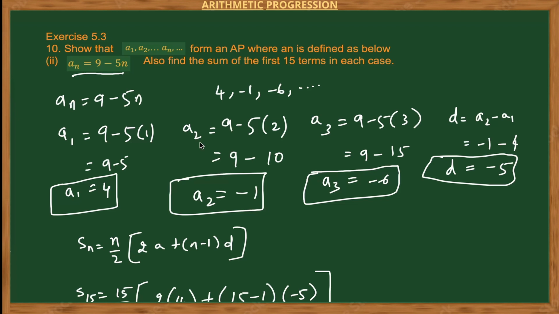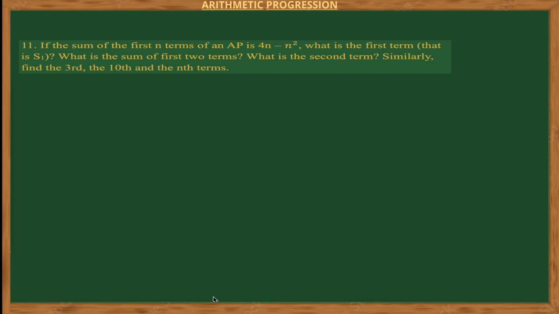Hope this is clear, students. Let's move to our next question. Okay, so let's read our question. If the sum of the first n terms of an AP is 4n minus n square. So what it's saying is, let's put the formula here. Sn, the sum of n terms, is equal to